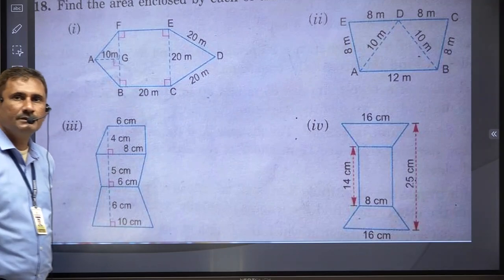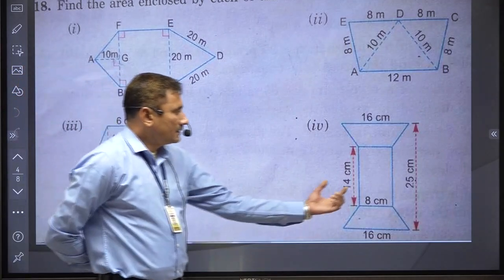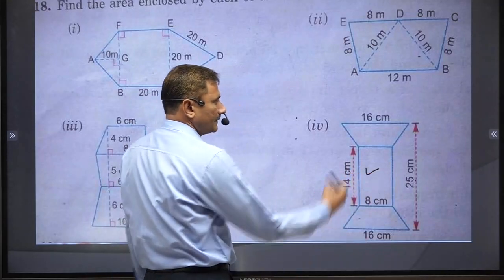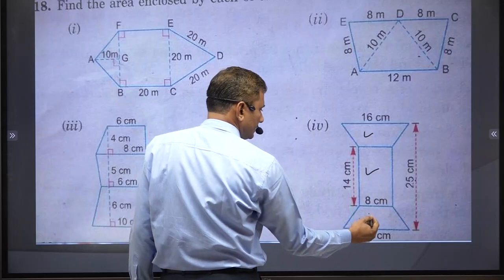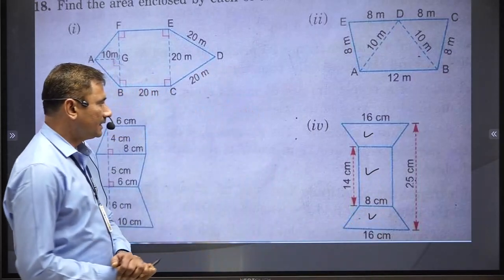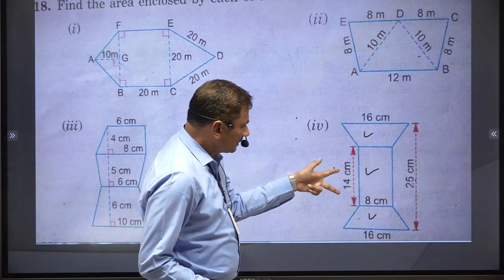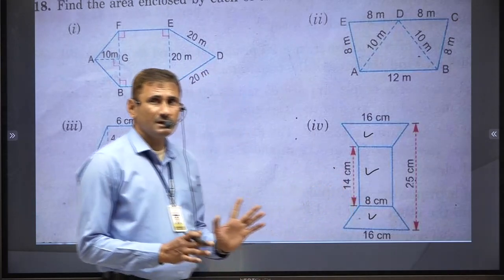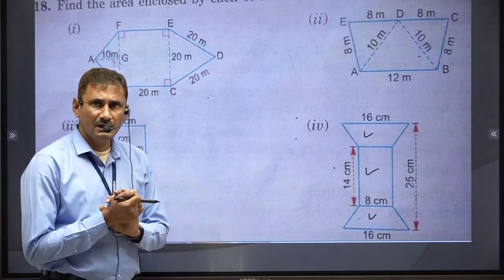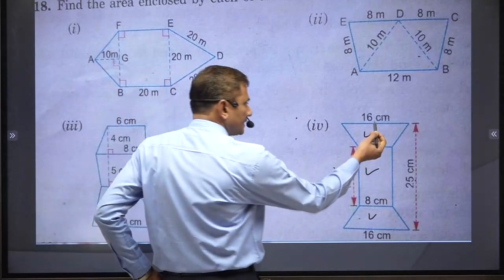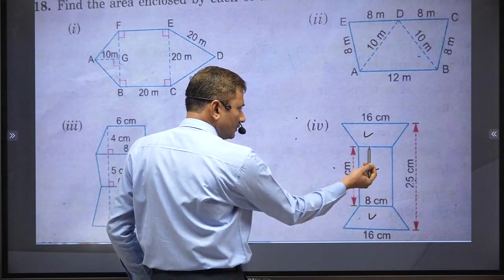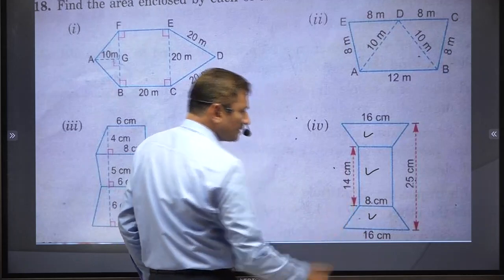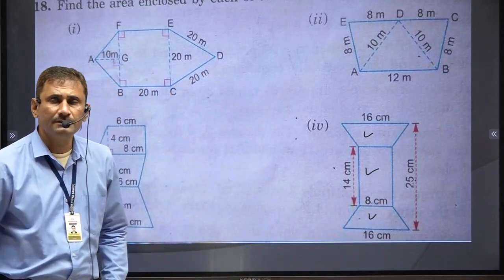Okay, you can observe here there is one rectangle and two trapeziums, 1, 2. Now in the rectangle, this length is given, breadth is also given. So 14 and 8 are length and breadth, so we can very easily find the area of the rectangle. Now in this trapezium, this is 8, so this is obviously 8. So 8 and 16 are parallel sides. Here also 8 and 16 are parallel sides, but height is not given.